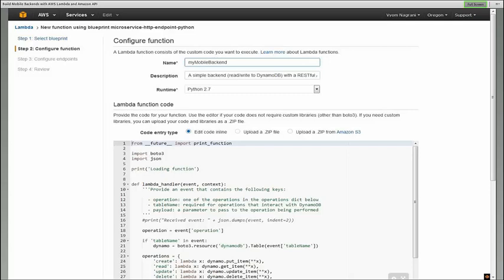Alternatively, you can also upload your code with any additional dependencies or even binaries into a zip file directly onto the Lambda console using the upload a zip file option. Also, you can upload the zip file to Amazon S3 and then provide those S3 object details as the source of your Lambda function, which allows you to integrate your custom deployment tools, which you might have already hooked up to publish to S3 at the end of it, and Lambda can directly pick up from S3 and deploy